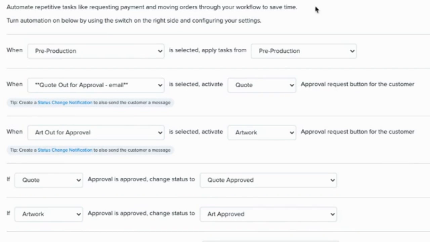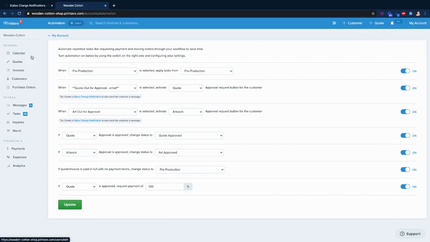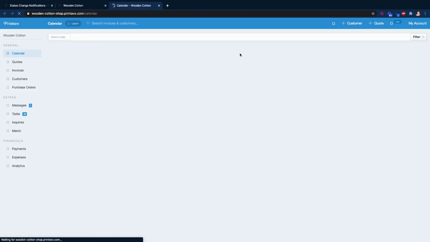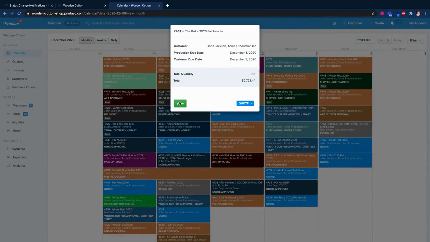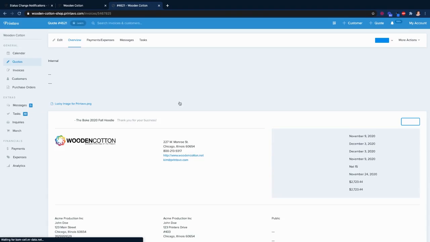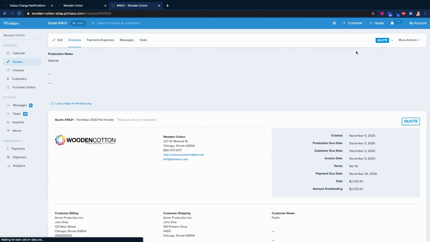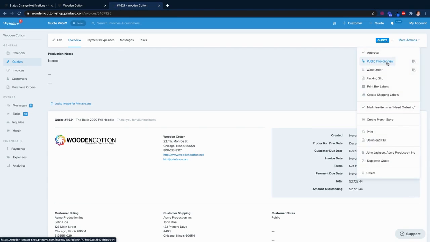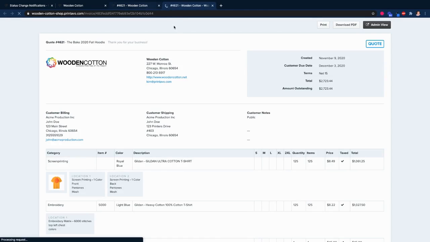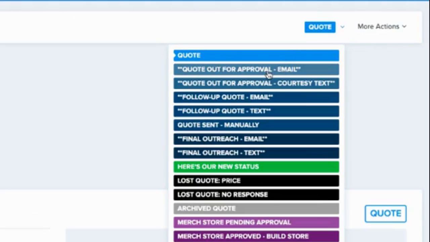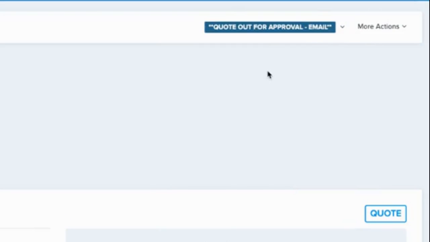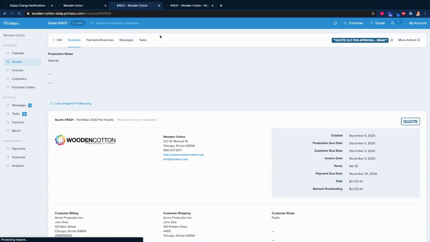Right? So just to show you how this works in practice, if I go to my calendar, and I'm just going to grab a quote here. This looks like a good one. And I'll pull up the public invoice too, so we can see what's going on. So here's the public invoice view. If I say, put this job in quote out for approval email,